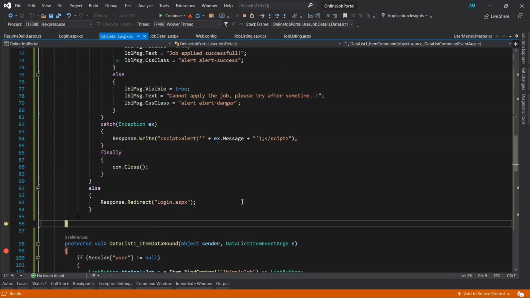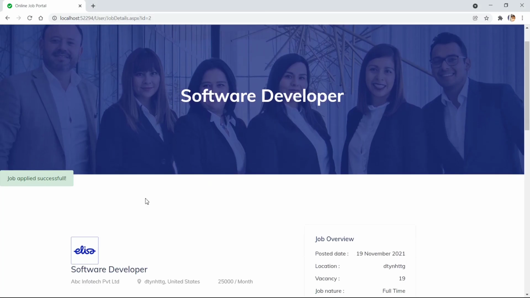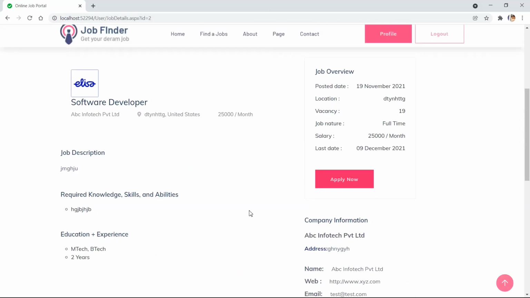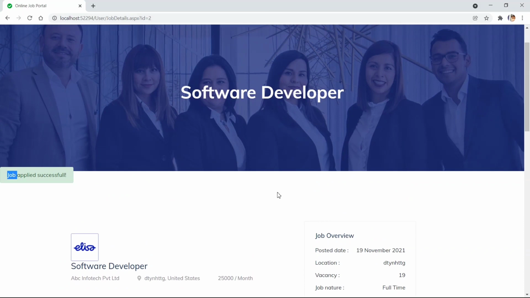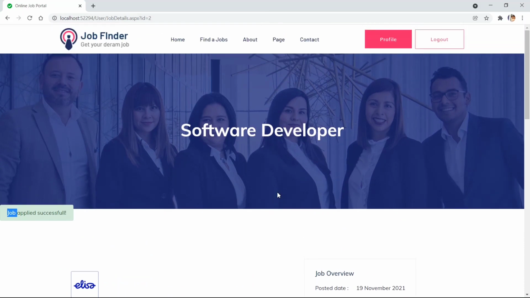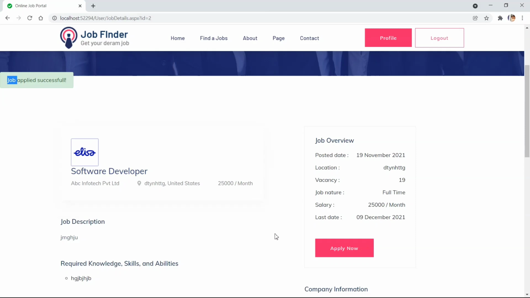So the job has been applied. You can see the success message. But one thing: after the user has applied for this second job, this button still didn't change.